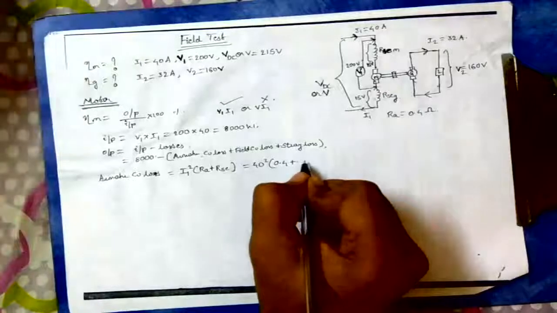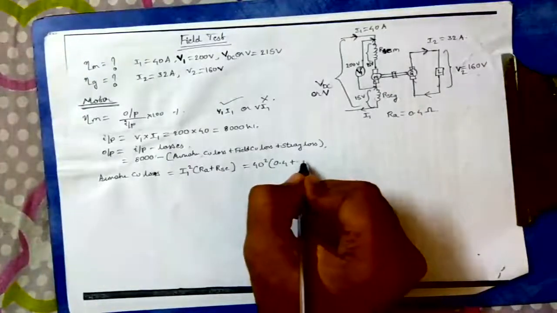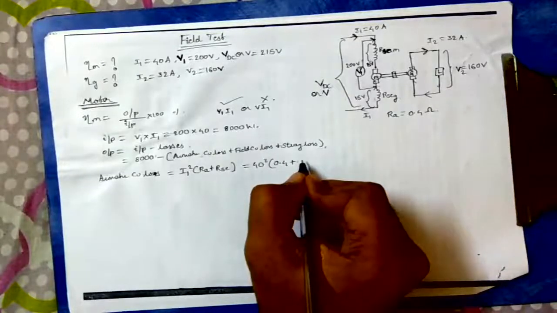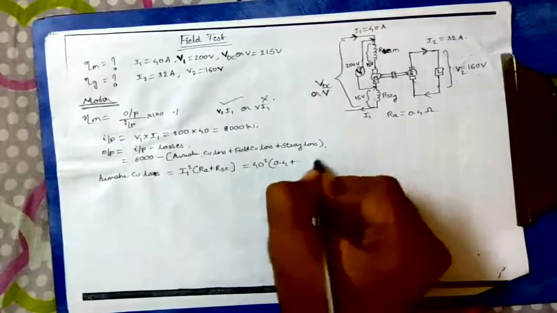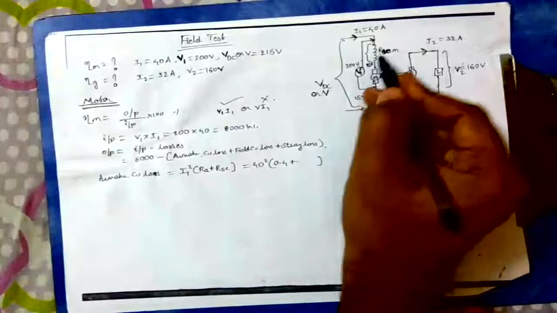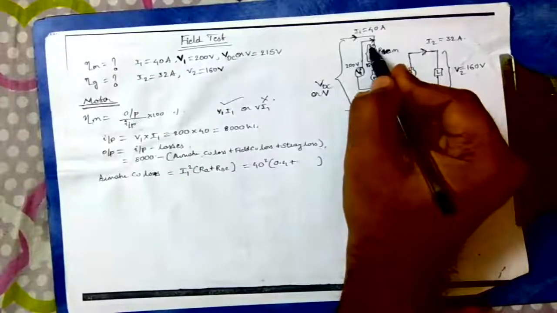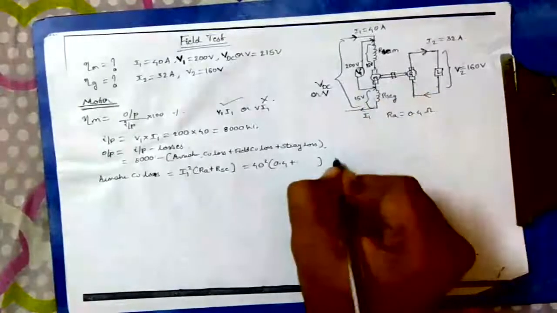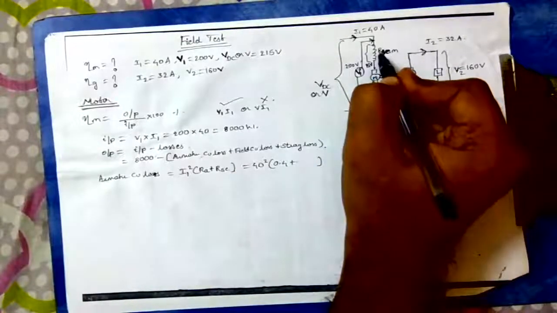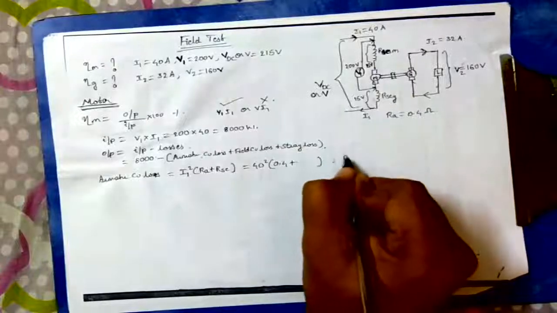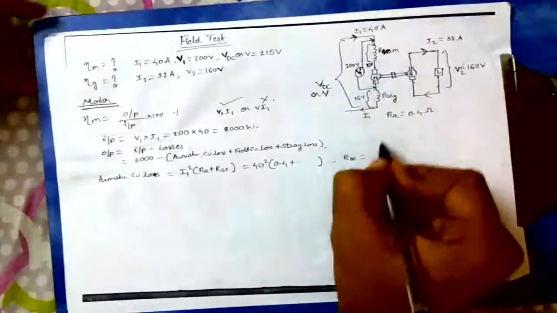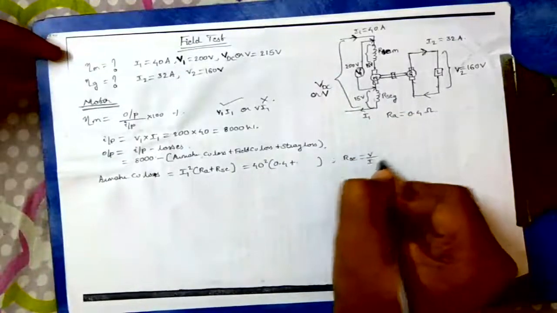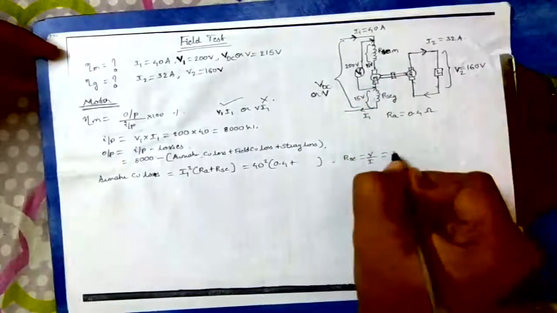What about RSC? Do we know the value of RSC here? No, RSC is not given in the problem, so we need to calculate it. So how to calculate RSC? We know that the voltage across RSC, whether it is RSCM or RSCG, is 15 volt, and the current that flows here is 40 ampere. So RSC equals V by I, a simple formula, because the voltage across the field winding of the motor is